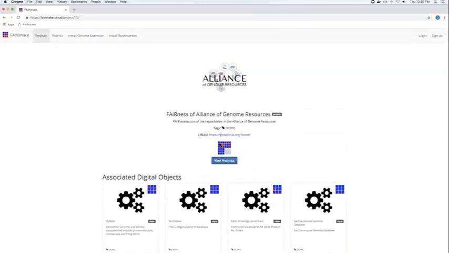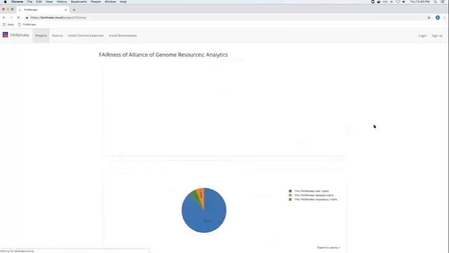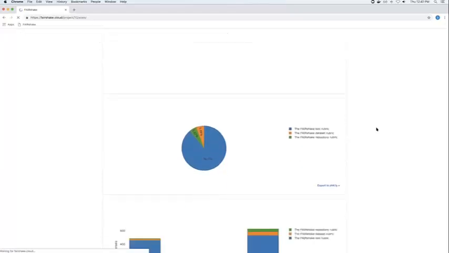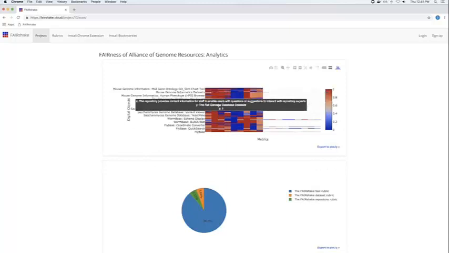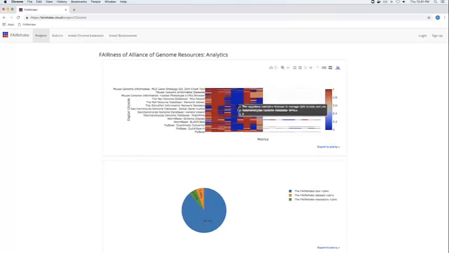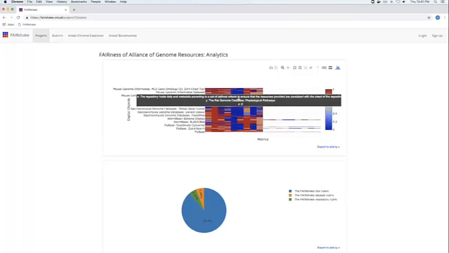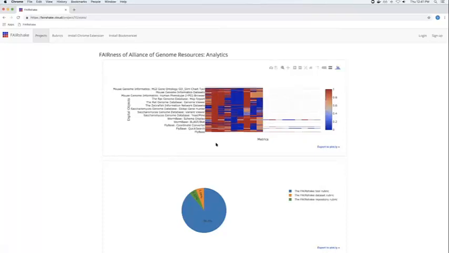And this particular project has tools, data sets, and repositories, meaning they needed a lot more different metrics and in fact 3 different rubrics to evaluate all of them. We have some kind of interactive and live analytics that can get generated on the fly. And once this loads, we can see essentially we get an overview of which metrics are actually passing and which are not, kind of as a global view with all of the objects in this project.